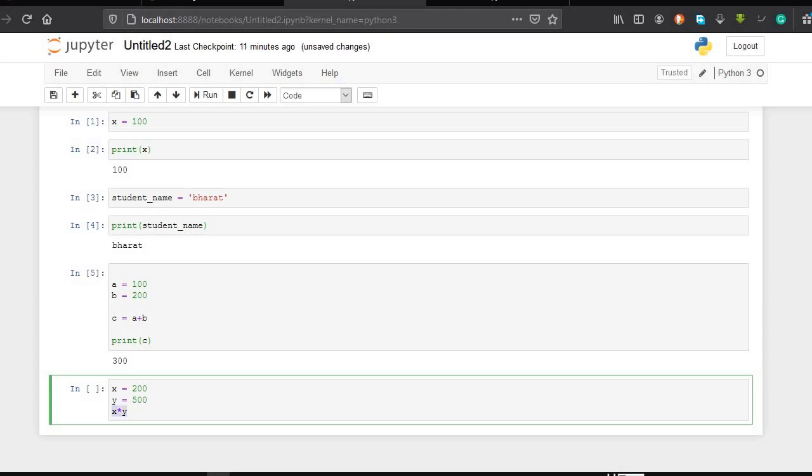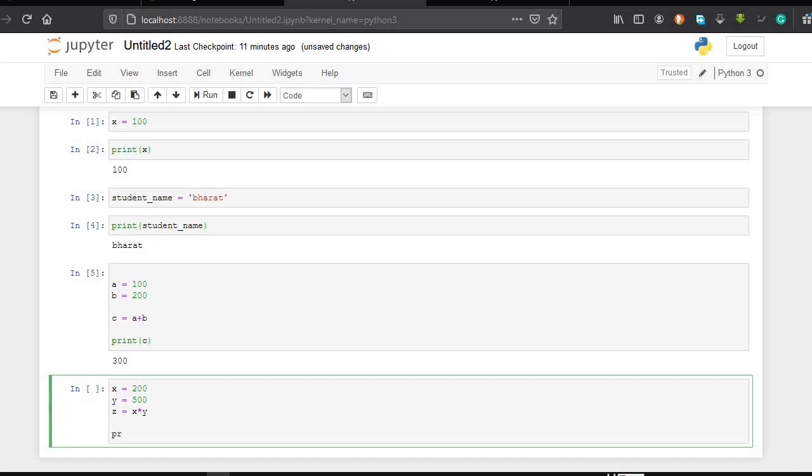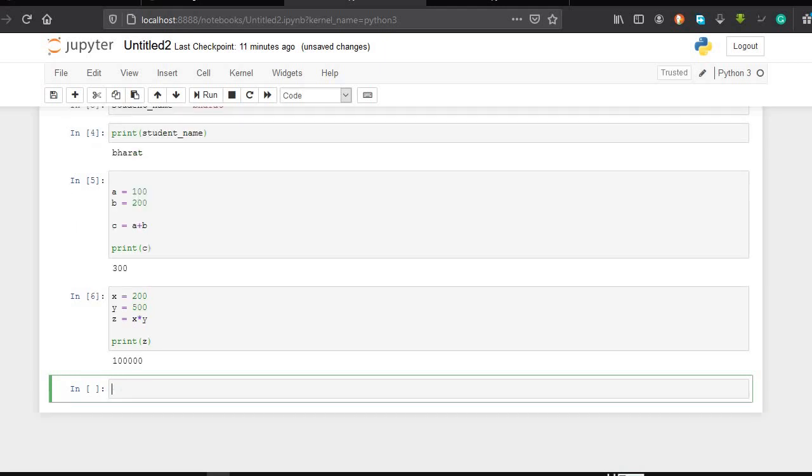I want to store x into y into a new variable, and I will name this variable z. So what happens here is x multiply y will be calculated by our Python interpreter and stored in a new variable named z. Let's try and print this. See, it has given me the multiplication of 200 and 500.